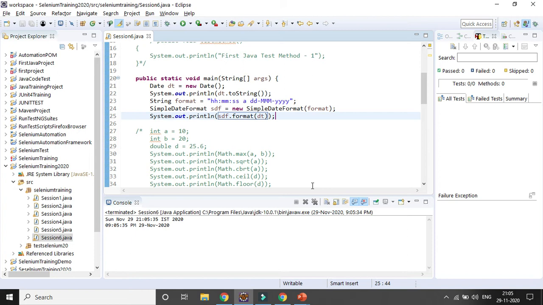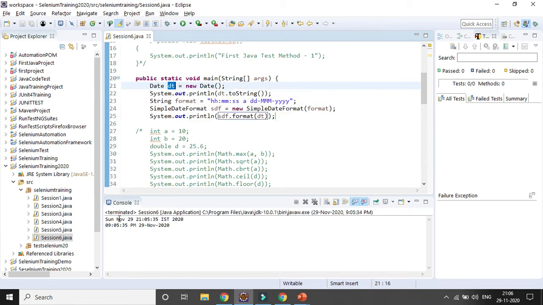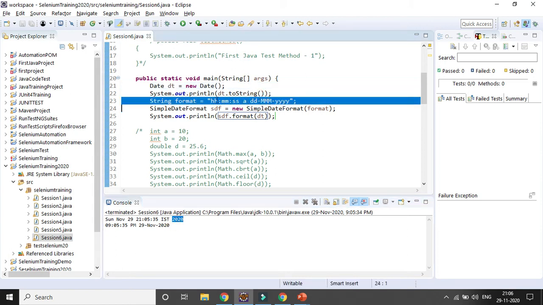Two important classes, one is date class and another is simple date format class, and whenever you are changing it to format, you have to use that particular instance of the simple date format class, then the format method, and you have to pass the date object or instance, whatever you created, so that you can see the format. So by default date format, whenever you are converting to string, right, day and then month, date, and hour, minute, second, and IST and year. Now I can convert it based on my requirement, I can change it anything, right?